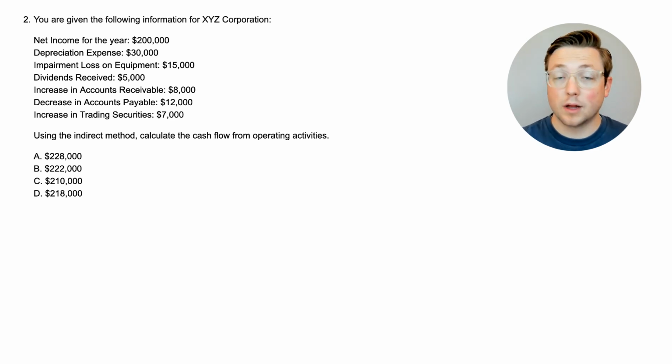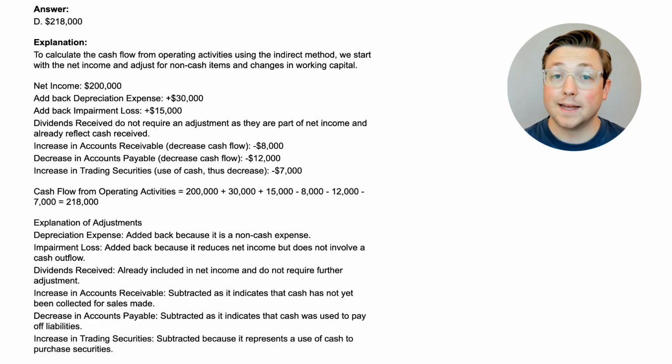So we saw a lot of this before. Maybe pause the video and think through what we just talked about and see if you can think through what would affect cash and how it would affect cash and see if you can get the correct answer. Come back when you're ready and we'll look at it together. All right, the answer is D, $218,000. So we're going to walk through this again, trying to get you lots of practice here.